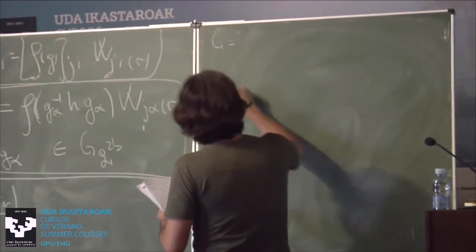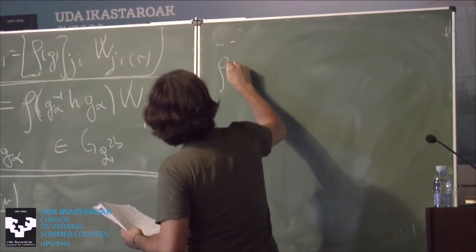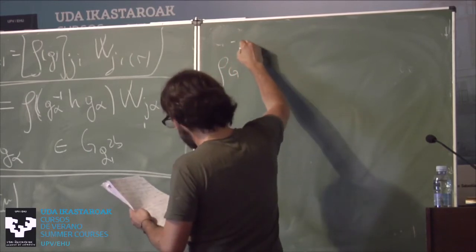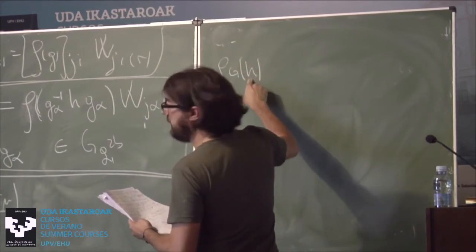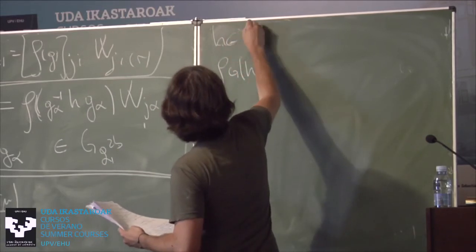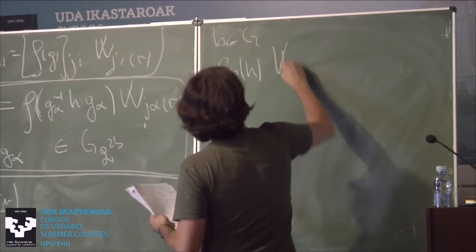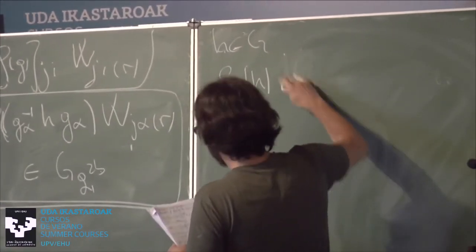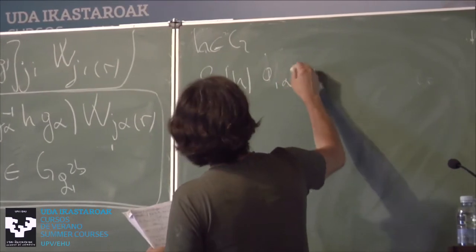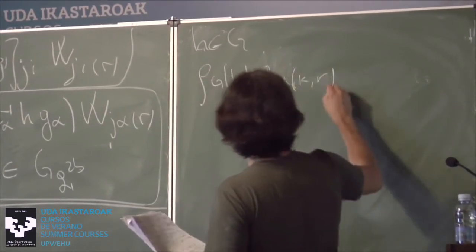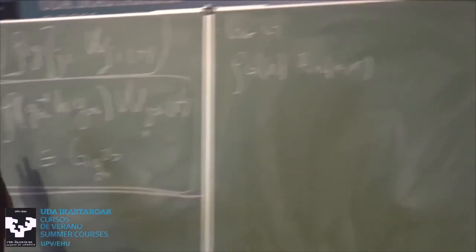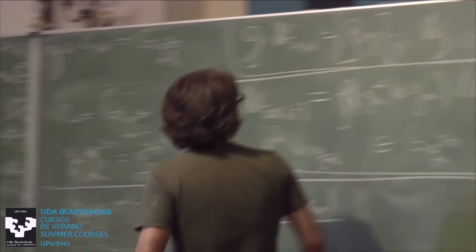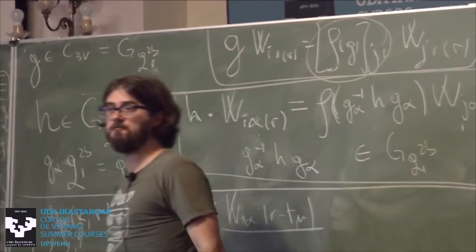Okay, so what I need to find is the representation. Now I call it a representation of G, because I've induced it into the full space group, of the element H, which belongs to G. G is the full space group, times this base, the A, I alpha, K, and R. Okay, this is what I need to find now. I need to find the expression of this matrix, knowing the expression of this matrix.